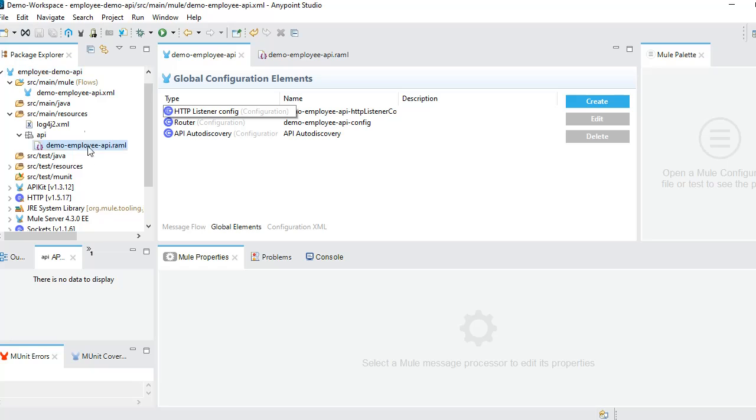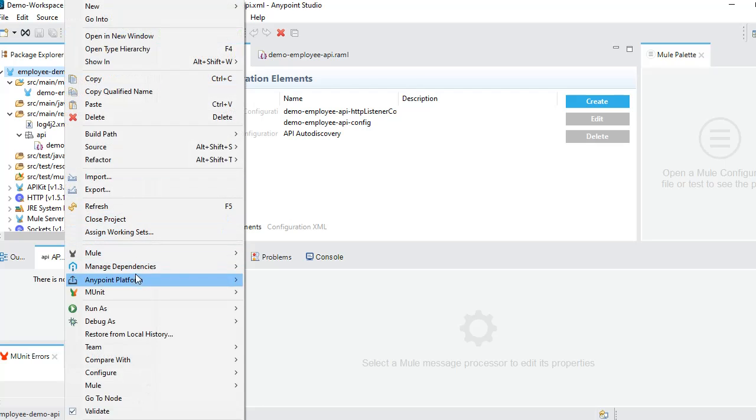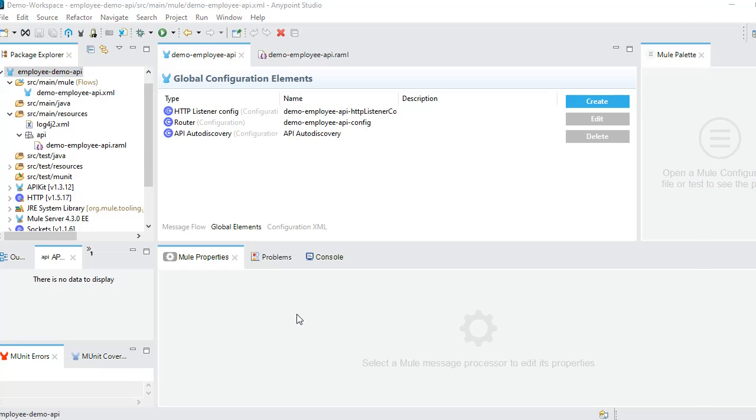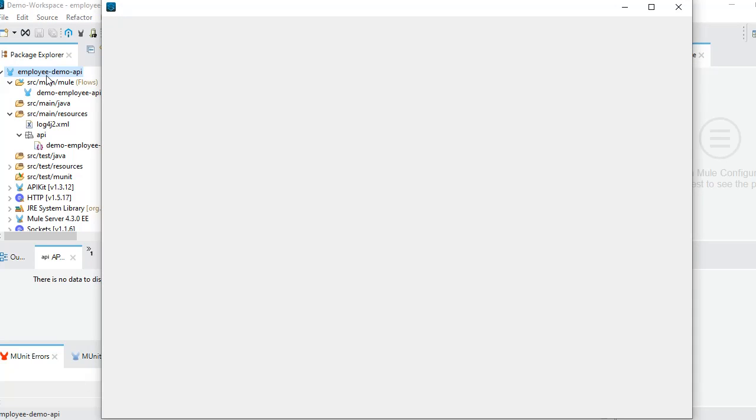Okay, now we are good to deploy this application into our CloudHub. So just right click on it. You can deploy your application into CloudHub in two ways. You can directly deploy by using Anypoint Platform, deploy to CloudHub. This is one method. The second method, we can export this application as a jar file and deploy it manually.